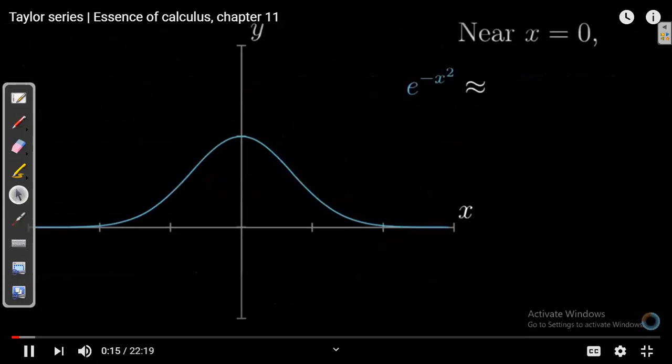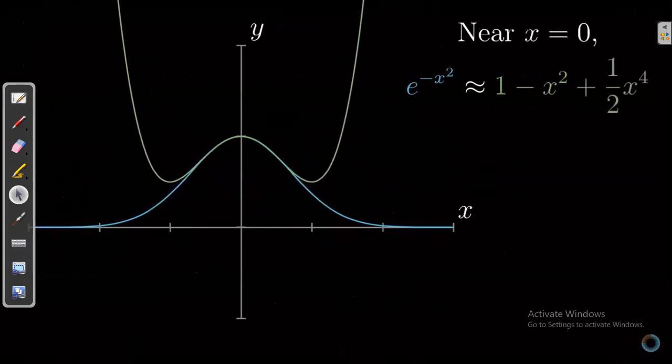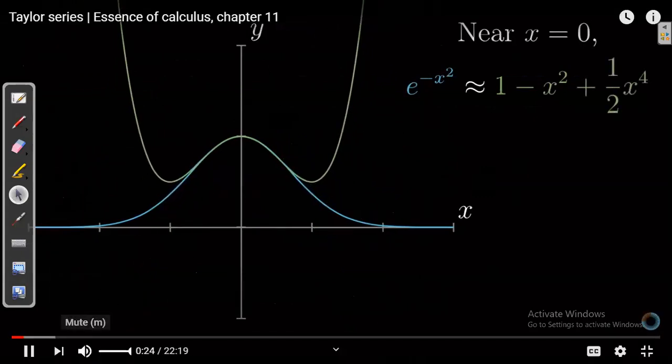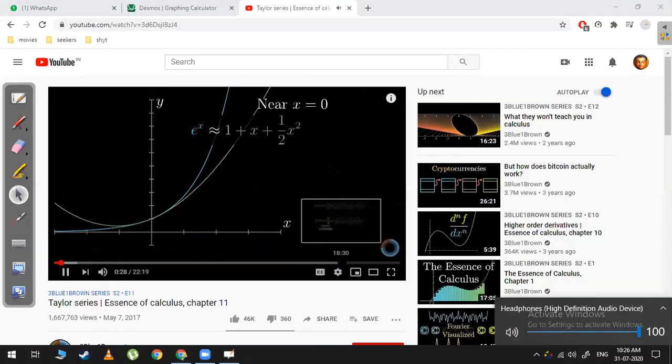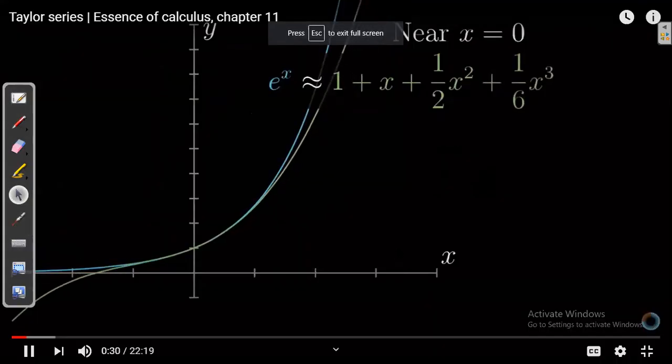When I first learned about Taylor series, I definitely didn't appreciate just how important they are. But time and time again, they come up in math and physics and many fields of engineering because they're one of the most powerful tools that math has to offer for approximating functions. I think one of the first times this clicked for me as a student was not in a calculus class, but a physics.